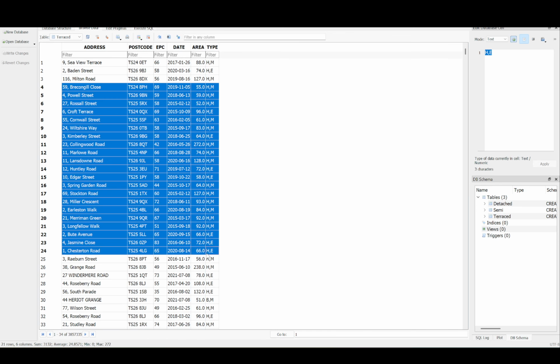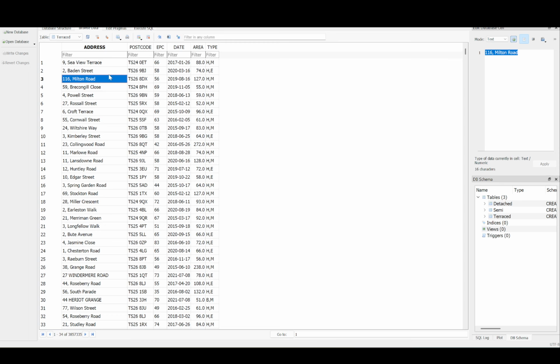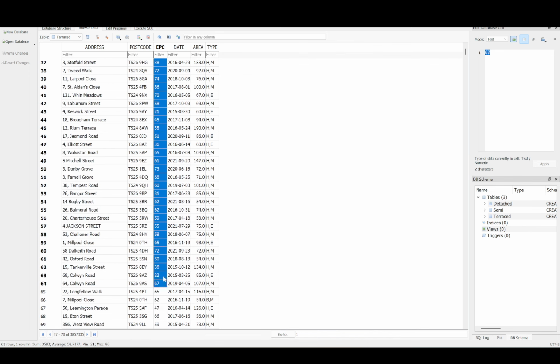So I gathered the last 10 years worth of EPCs and I put them into the database, and then compared the sold prices to here. So we have the address here with the postcode. So we've got the numbers, and then we've got the street name, then we've got the postcode, and then we've got the EPC value. The EPC value is beneficial when you're looking at a long-term hold. Okay, if it's got a low EPC, we can increase the EPC, changing windows, that sort of thing, improving the value of the property. But that's not something which I use for this,